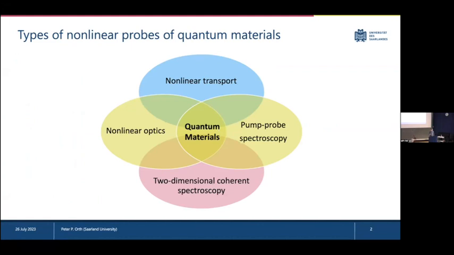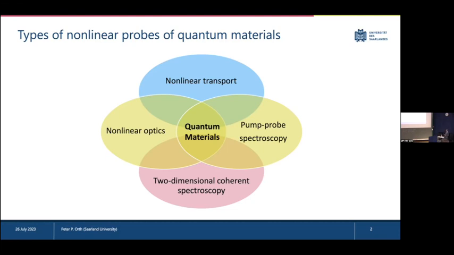Okay, so let me start by setting the stage, what type of nonlinear response I will be talking about. Generally, there are different types of nonlinear response one can think about. One is nonlinear transport, which is zero frequency response. Another one is finite frequency nonlinear optics. There's also something that brings you far away from equilibrium that I won't be talking about today, but this is